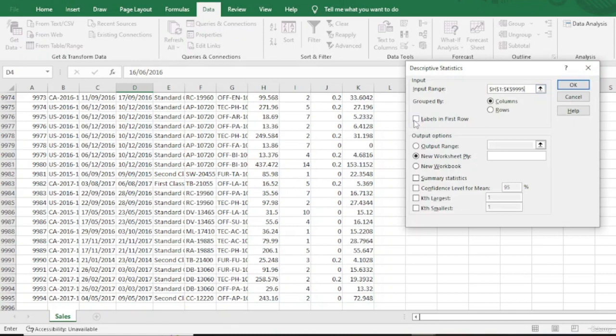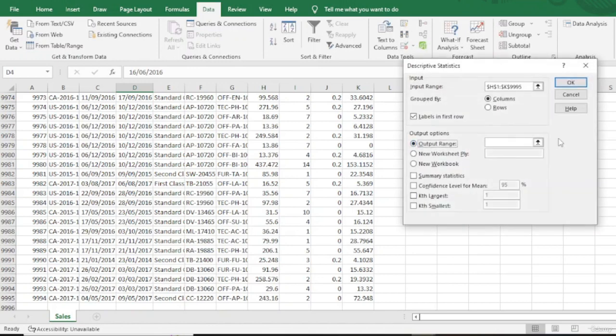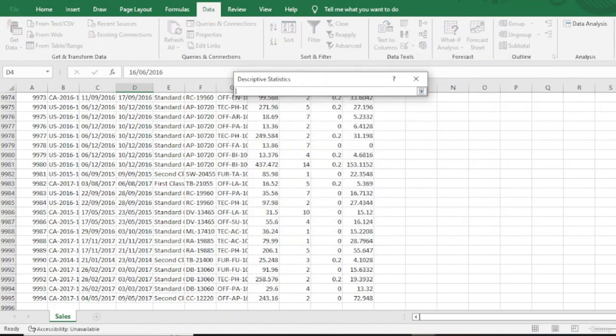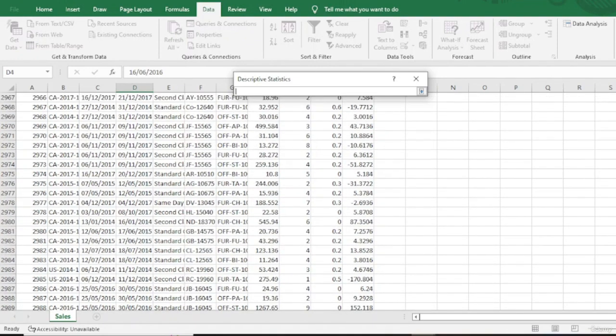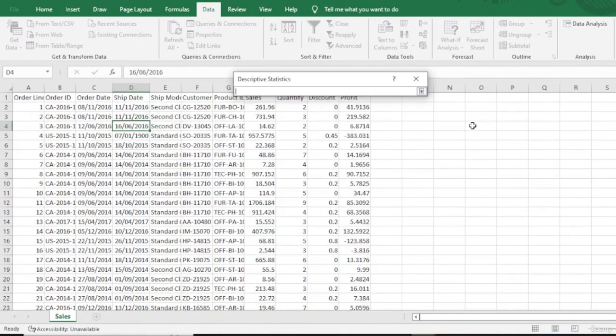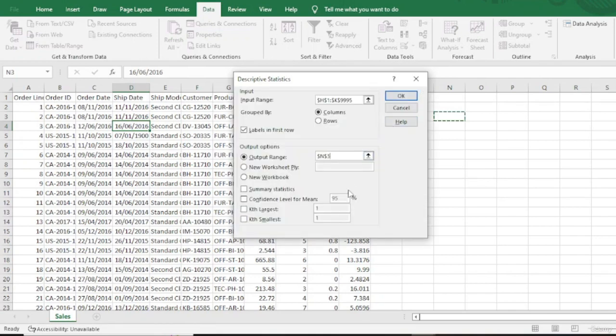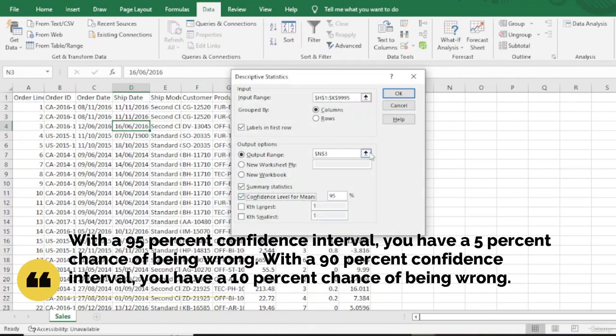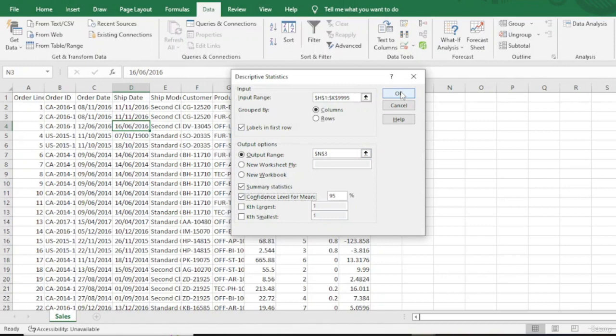Our data contains labels in the first row, so we check this option. We also want our output generated in the same sheet, so we need to provide the place for the output. Here I just randomly select a position. We also want summary statistics, and the confidence level will be 95. So once we click OK,